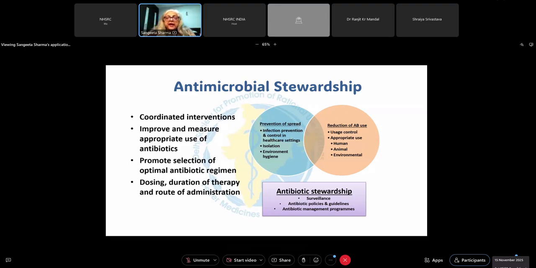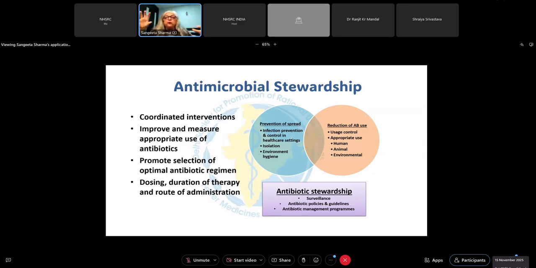But certainly today I'll be talking about things which are under your direct control. So in simple words, if I have to describe antimicrobial stewardship, it is a marriage between infection prevention and control and antibiotic policies. All of you who have undergone this NQAS certification know that this is one of the mandatory requirements, that the facility should have an antibiotic policy. The objective of this antibiotic policy is to optimize the use of these antimicrobials.